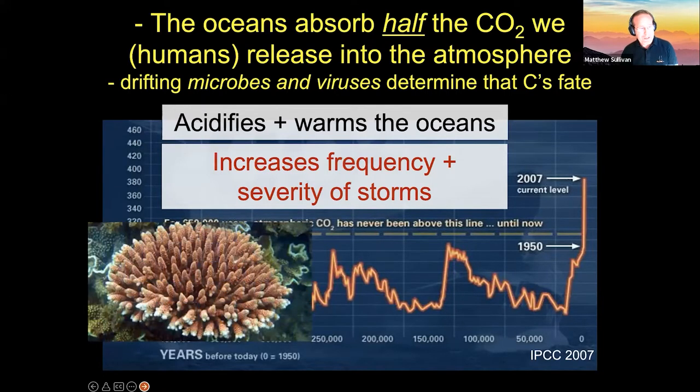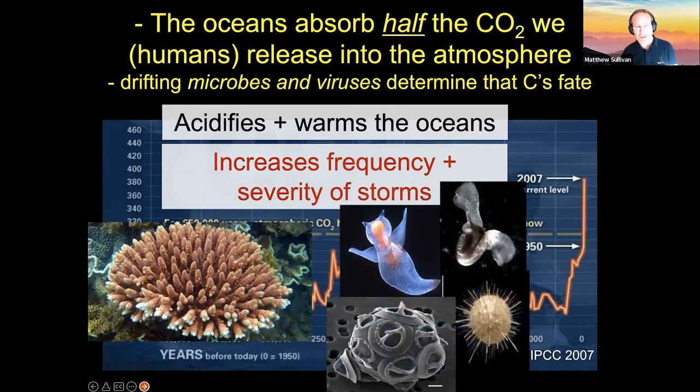And all these things impact not only coral reefs, which I think we see a lot, and it's a very visual representation when they bleach or are stressed due to acidification, but also the organisms at the absolute base of the food chain, including gymnosomes, pteropods, radiolarians, and coccolithophores, which all have calcium carbonate in their exoskeletons, and so are all impacted by this kind of acidification.